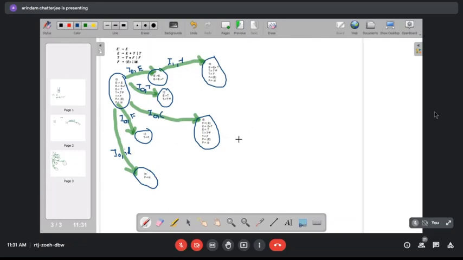Nothing else to do with I1. For I2, yes, we can do something. In I2, there are two items, E producing T dot and T producing T dot star F. So we can have a go to on star. This is I2 comma star, and we'll get the state I7.